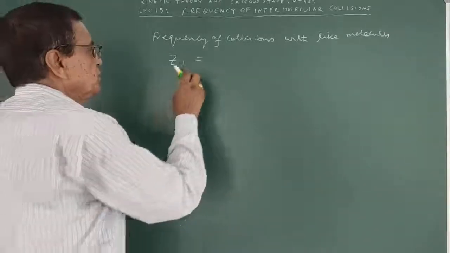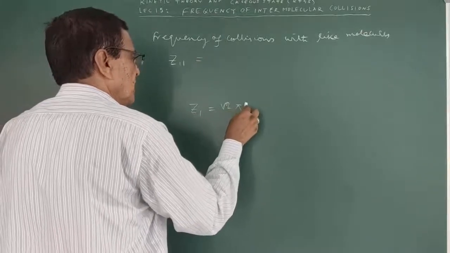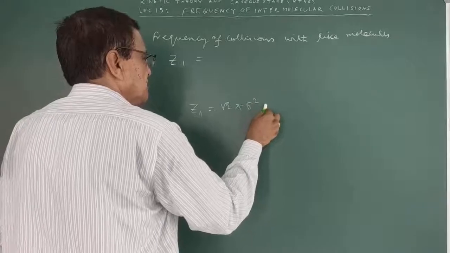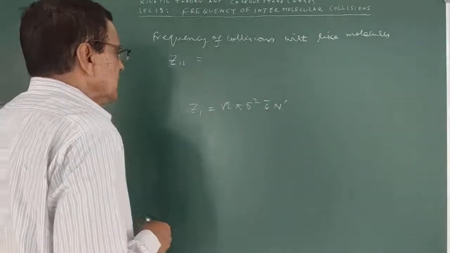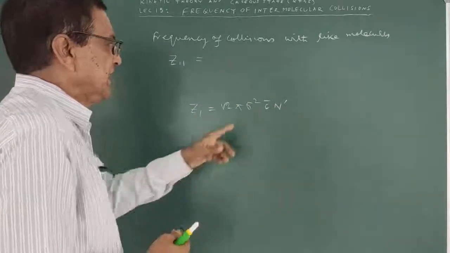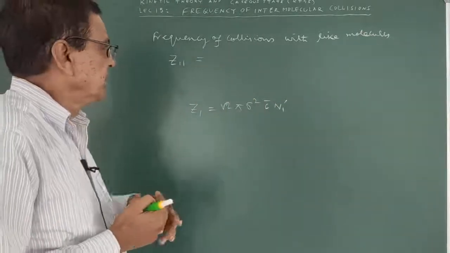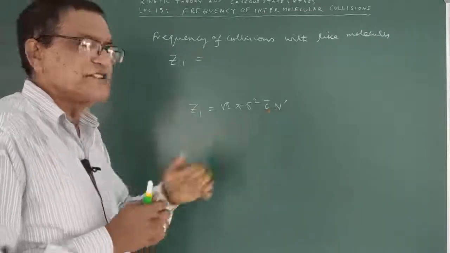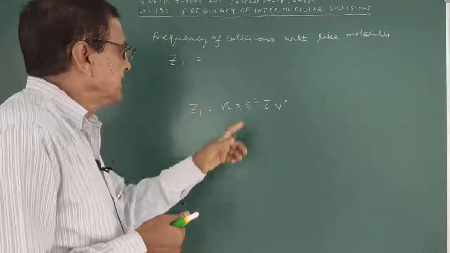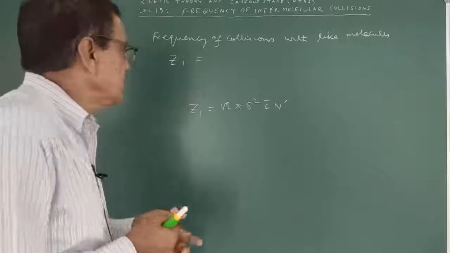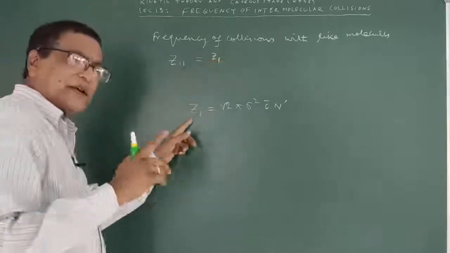In this case, we have calculated that Z1 equals root 2 pi sigma square c bar n dash. Suppose it is n1, or let's say it is n. It is the number density of these molecules. c bar is the average speed, sigma the collision diameter. So here Z1 is the collision made by a single molecule